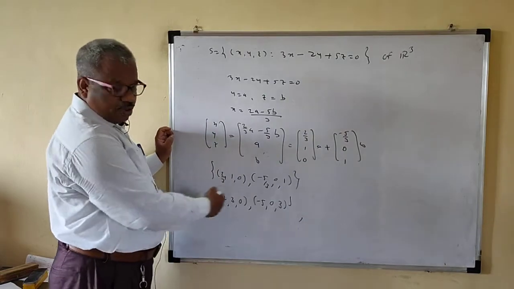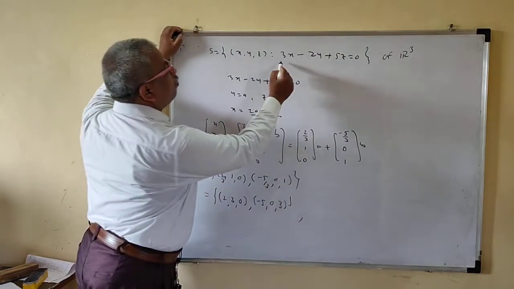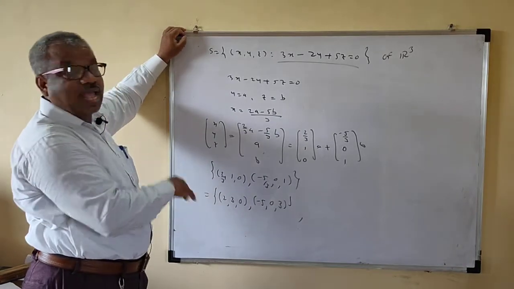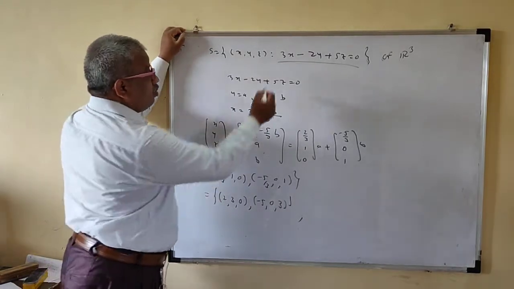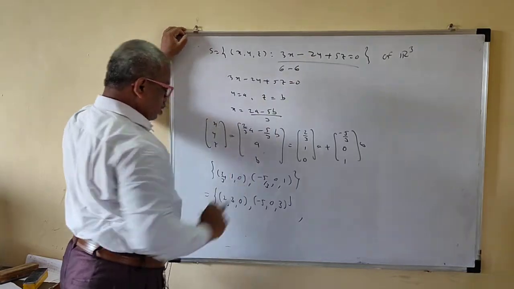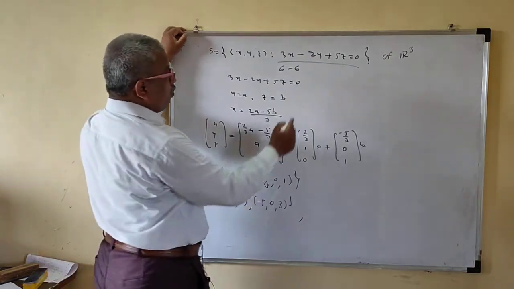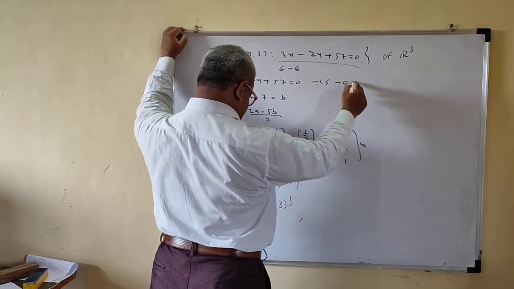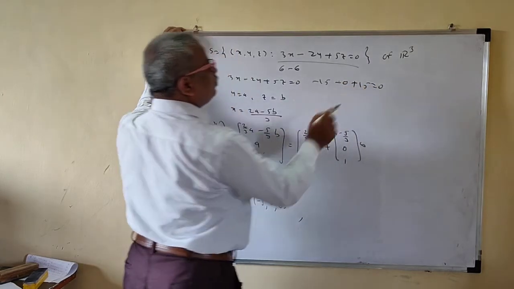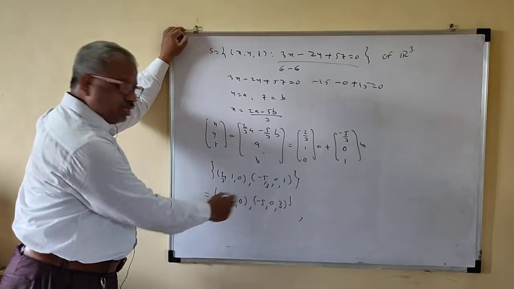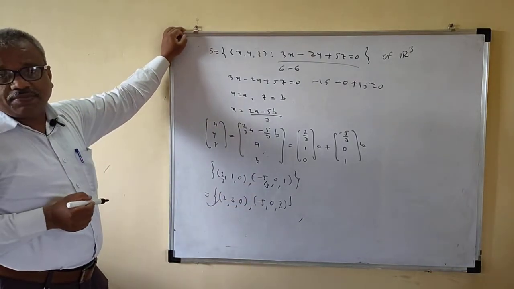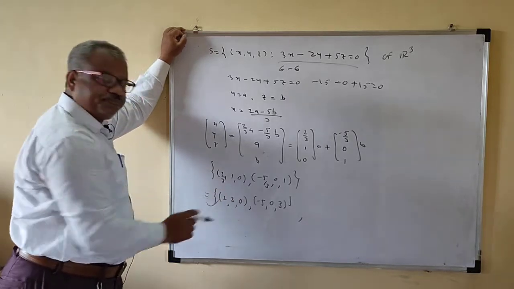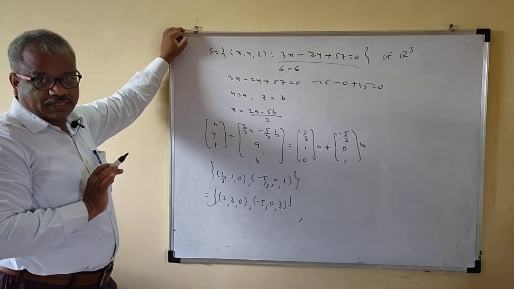So we have to check from the options which basis elements satisfy your equation. See here, this is 6 minus 6, 0. Now for here, minus 15, 0, minus 0, plus 15. So this is 0. So that means this satisfies your system. That will be your basis.